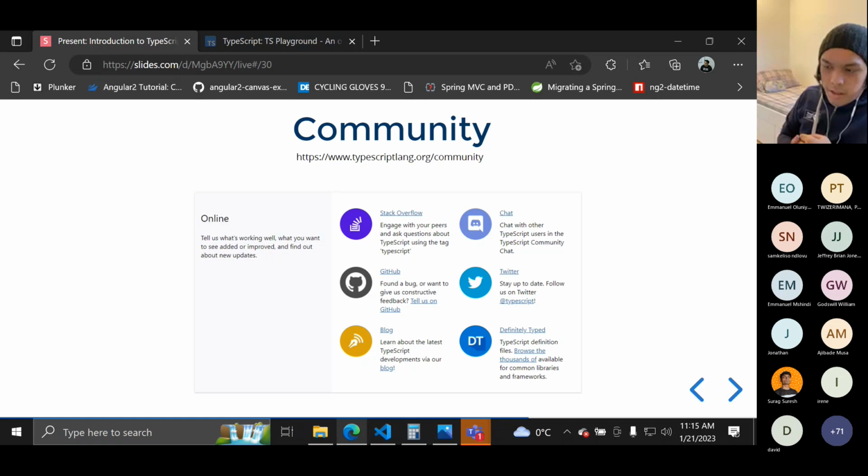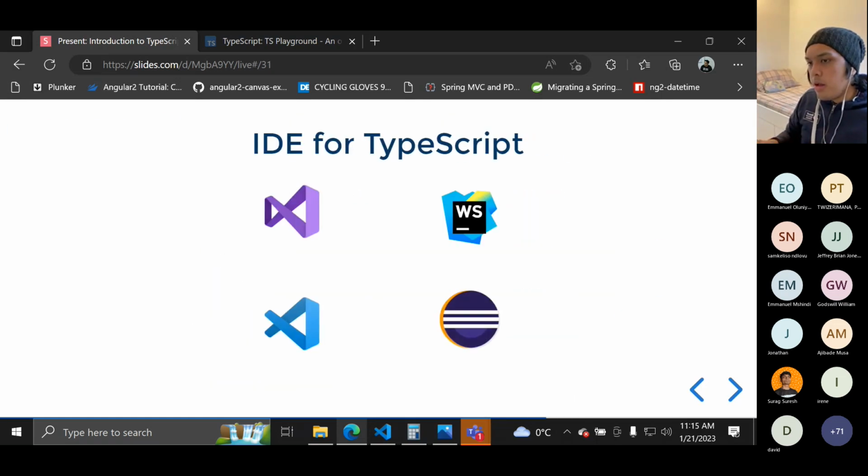It's just like npm, but these are the libraries and frameworks that are specifically implemented for TypeScript. TypeScript started with no IDE support, but right now there are a lot of IDEs that support TypeScript. Number one is Visual Studio. They have different plugins and extensions for TypeScript. I also use that, and it's very convenient, especially when you're developing a complex application.